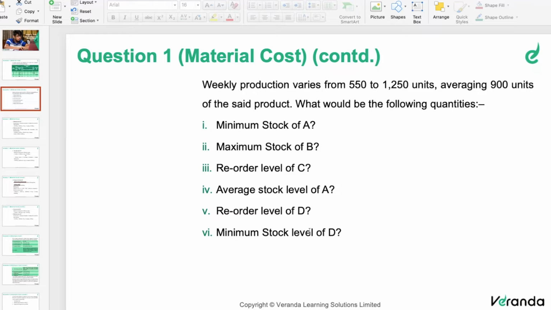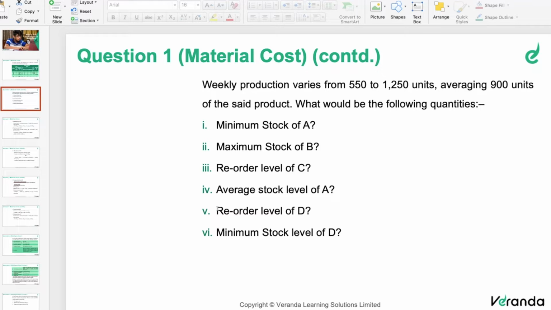With respect to this question, you have to remember a few things. While solving the problem, kindly verify. First one is minimum stock level of A given. Therefore, A's data alone you have to take. It's commonly committed in the main examination. For example, while solving the fifth one, reorder level of D, they'll take B's data and A's data, etc. Chances of committing mistakes will be there, because each question is for a different raw material. You should be very careful which raw material's data you have to use. That's the first commonly committed mistake.